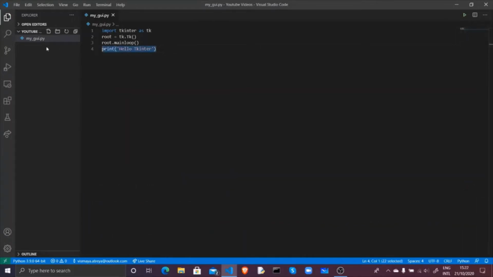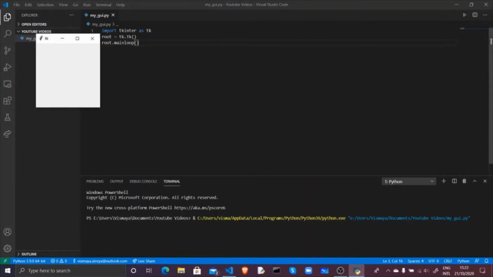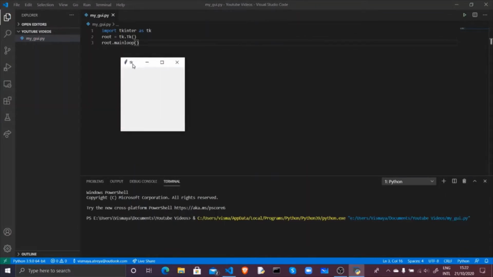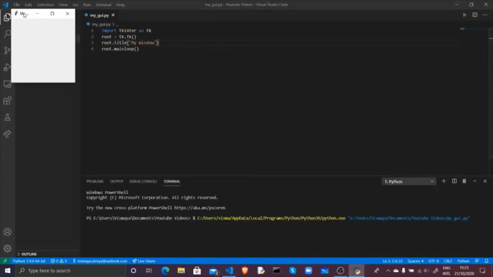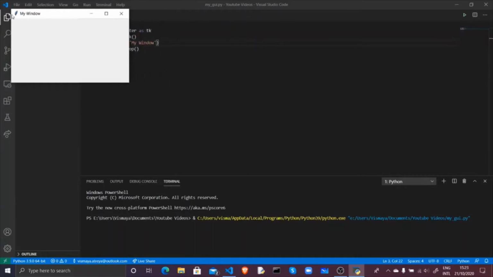So now we've created a basic window, but just take a look at this. When I run it, the title is Tk by default. I want to change it to something like my window, so we can do that. Between your variable definition of root and your mainloop, you say root.title, and this we can put as my window. Let's run this. As you can see, the title has changed